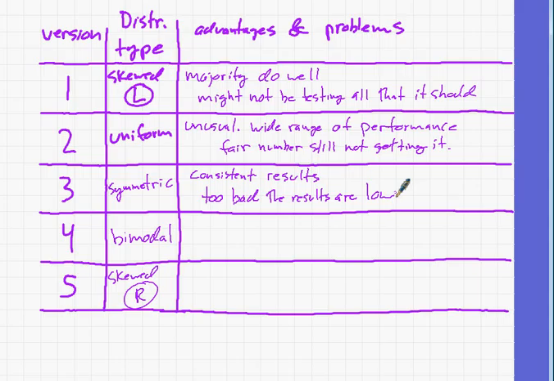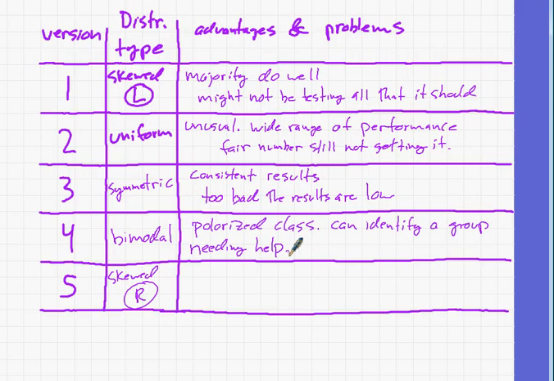Here is the symmetric distribution, which is consistent in its results. Most of the students are getting about the same grade. It's just a little unfortunate that that grade is kind of low. It's telling you that most of the students are still not getting it in a systematic way, different than the uniform distribution, which indicates different misunderstandings, perhaps. This seems to be a more systematic misunderstanding, a little different approach as a teacher to how to